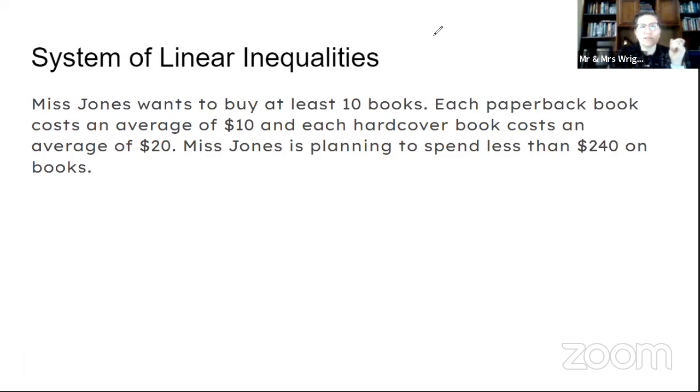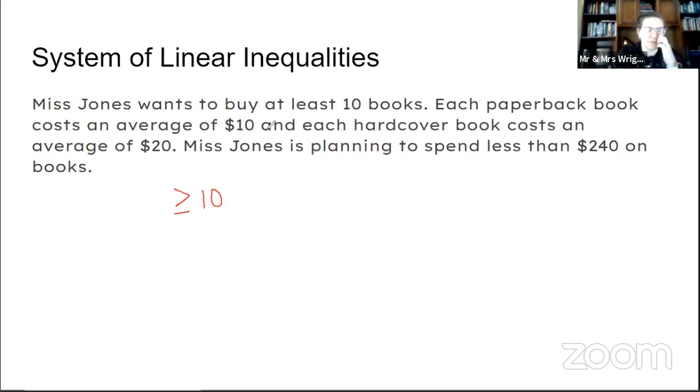Miss Jones wants to buy at least 10 books. Okay, well, we know she wants to buy at least 10 books. That means she wants to buy more than or equal to 10 books. However many books she buys, she wants them to be greater than or equal to 10. So 10 or more. Each paperback book costs an average of $10, and each hardcover book,